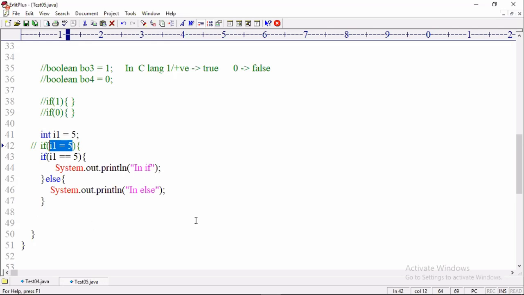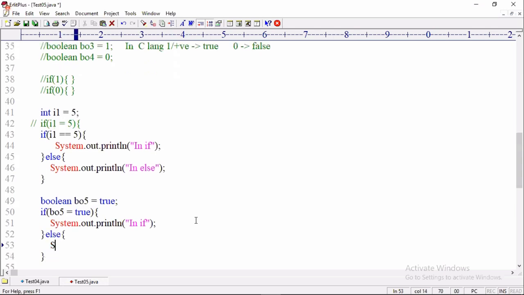Now tell me, boolean bo5 equal to true. Then I'm writing if bo5 equal to true, then System.out.println in if, else System.out.println in else.